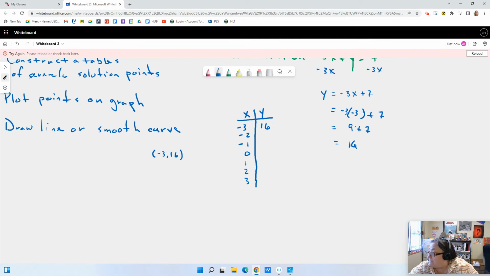And then I do the same thing for -2, right? I go y equals -3 times -2, because that's what x is, plus 7. And I would get 6 plus 7 is 13. And so I'd know that here y is 13. And am I going to do the math on all of these? Well, in real life, you would, but I'm not going to, because I have them all written down right here. So I'm just going to go ahead, now that you know how to get them, and get 10, 7, 4, 1,